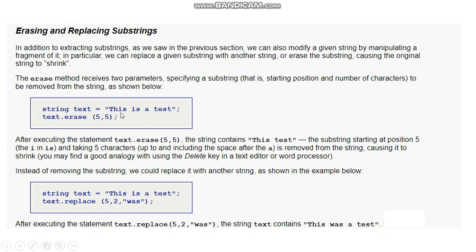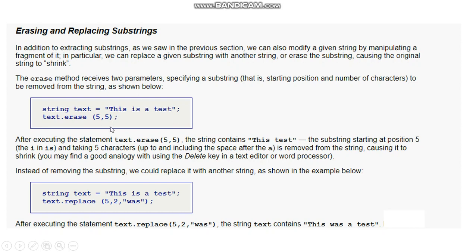The text starts with index 0, 1, 2, 3, 4, 5. This is the 5th position. From here, 5 characters, 1, 2, 3, 4, 5, will be removed from the original text. The text after erasing will have only the remaining content.